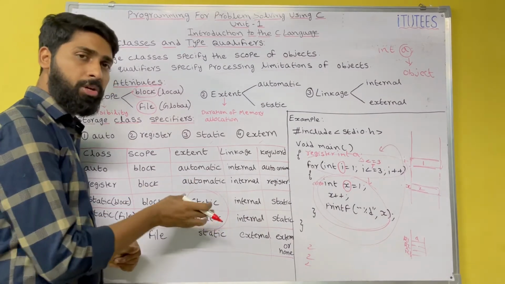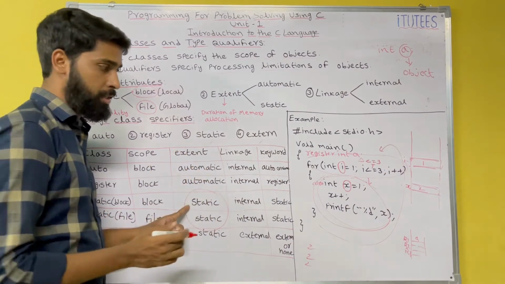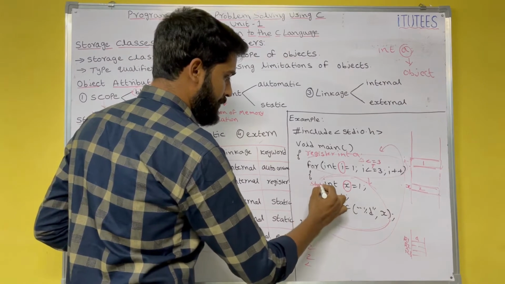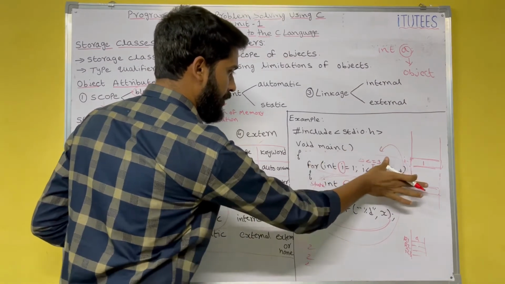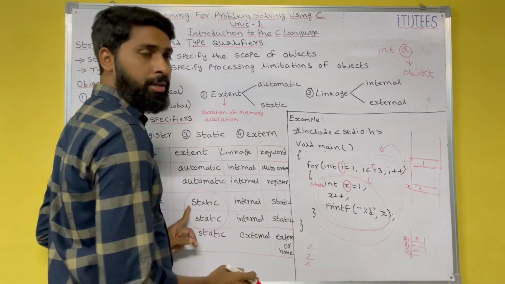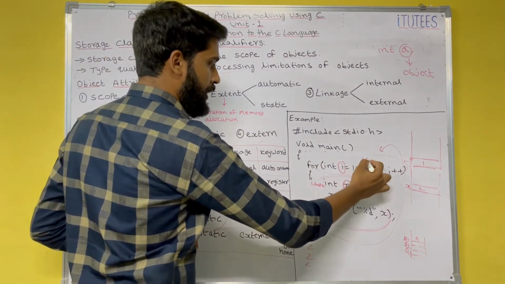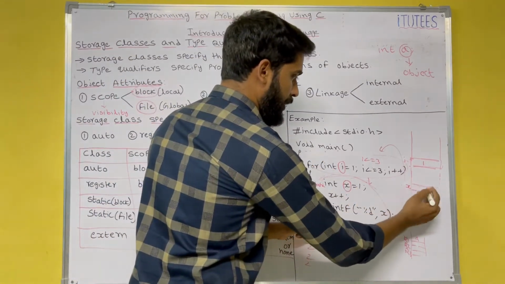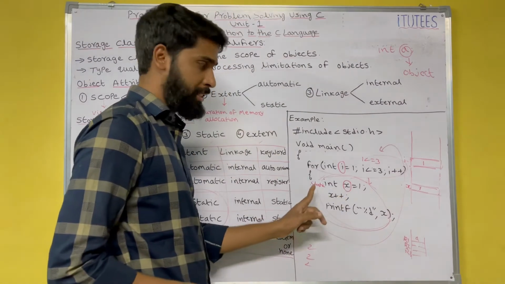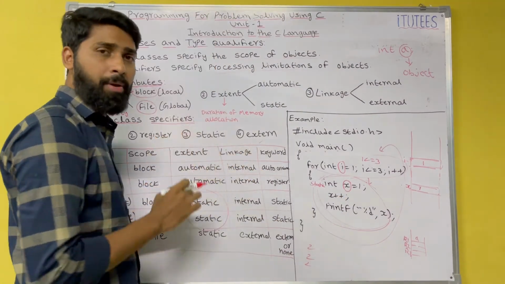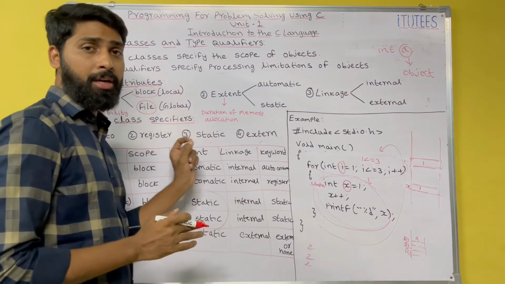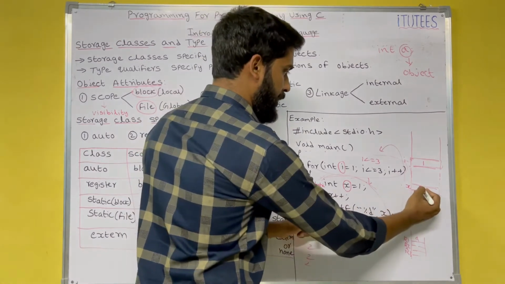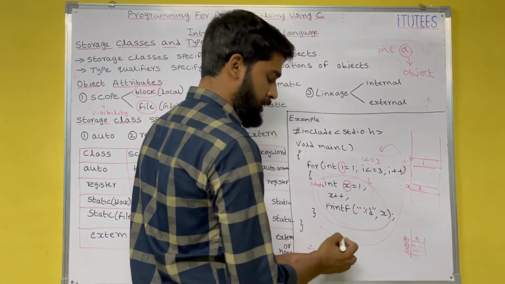Now listen carefully. So what is this extent? The same example, if I declare this x as static, now what happened? i equals 1 initially, 1 less than or equal to 3, true. So enter into the block and x equals 1. But this x is static, so the duration of memory allocation is until the completion of the program. So x equals 1, x plus 1, printf x, it prints 2.